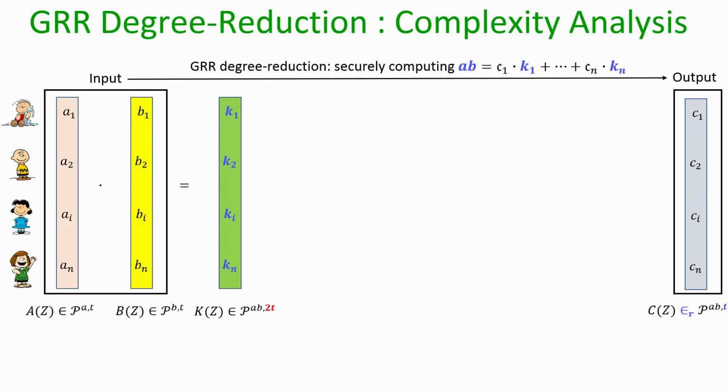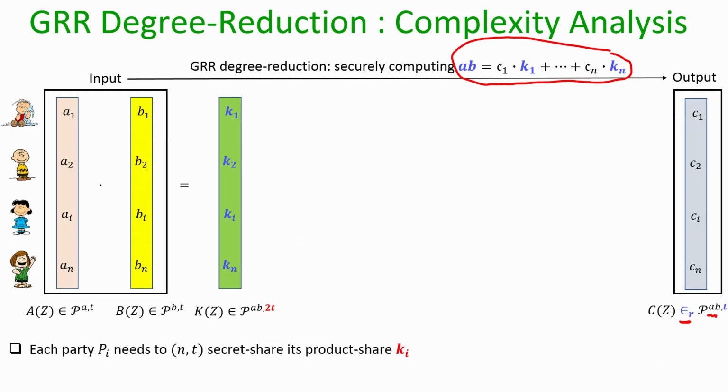We compute a secret sharing of AB also with degree T, and the resultant shares lie on a random polynomial of degree T. And basically the idea behind the GRR degree reduction method is to securely compute this linear function. So, you can see the beauty of the method. To do a degree reduction, we actually use the fact that we have to compute a linear function of private inputs available with the respective parties, and linear functions can be very easily computed if the parties just secret share their respective inputs.